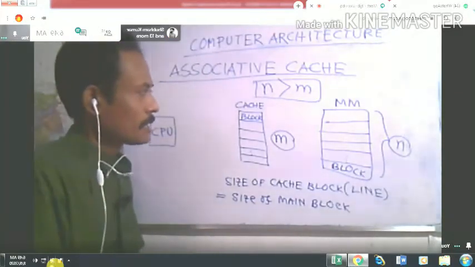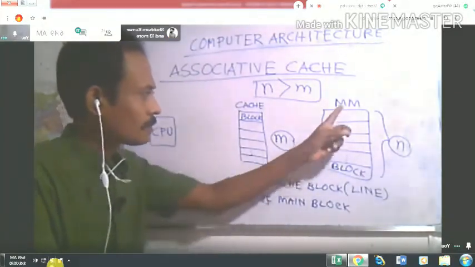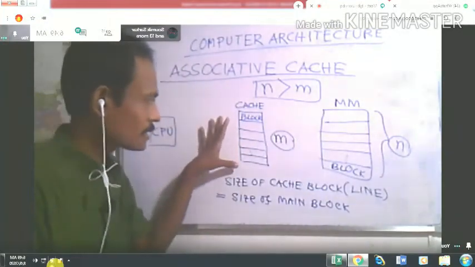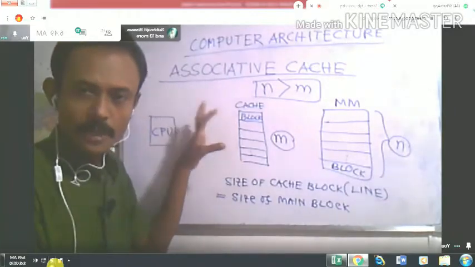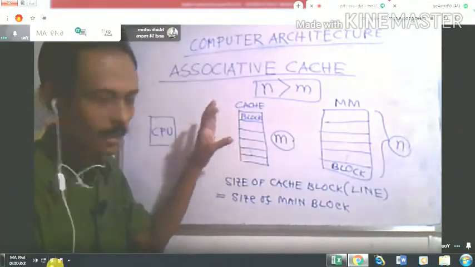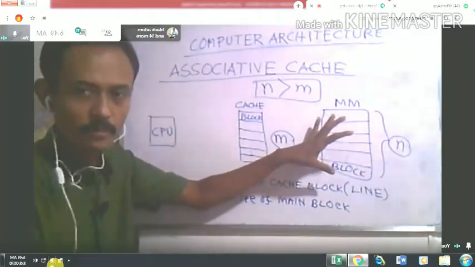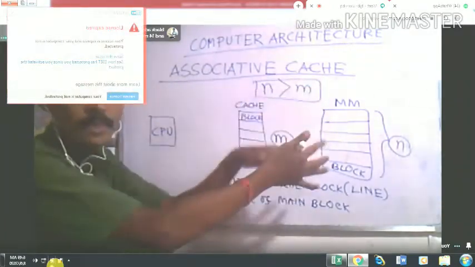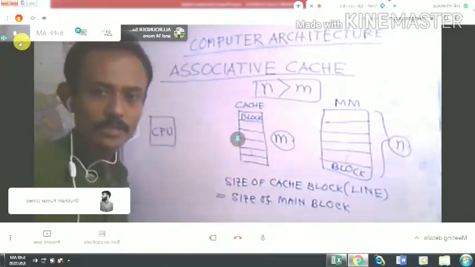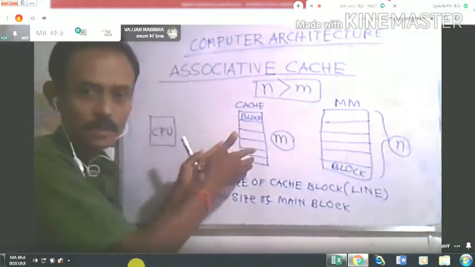Now what will happen from the main memory? All the main memory blocks cannot be placed in the cache memory because the number of blocks in the cache is less than the number of blocks in the main memory. Obviously, only some selective blocks of the main memory can be placed in the cache memory.